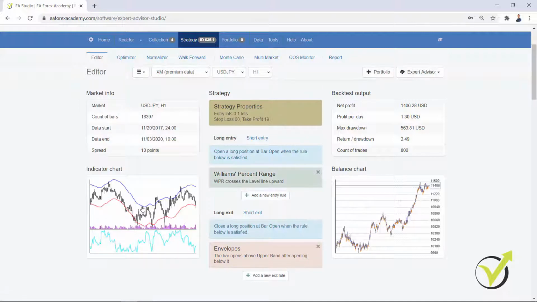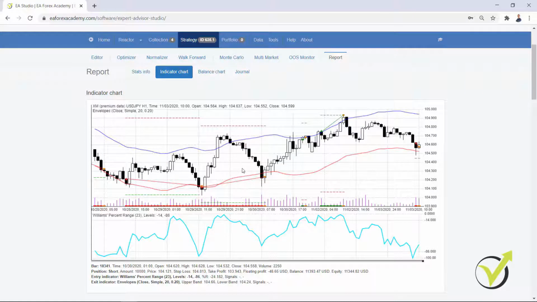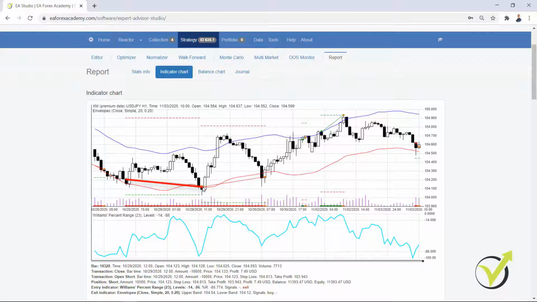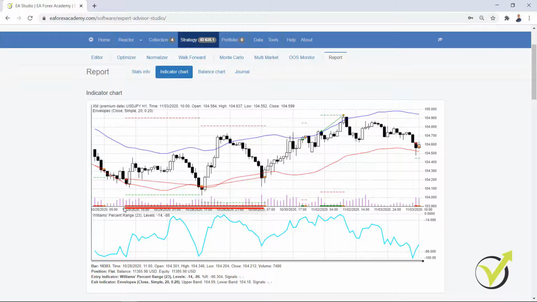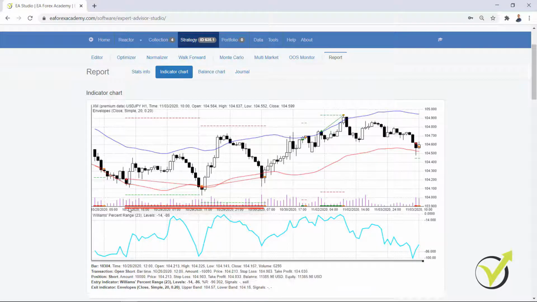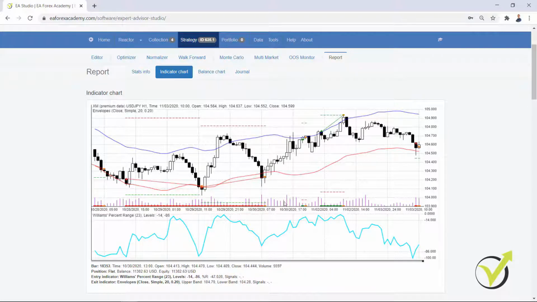What more, I have the indicator chart, which is absolutely fantastic. You can see where the trades were opened and closed exactly, and where we have short trades and long trades. For example, when we have the red bars, or small lines, you can call them, below the chart, it means we're in a short position. And for example, right here we have 2 long positions, okay? That one and another one here. So you see where the new bar opened according to the entry rule and where the take profit was hit.